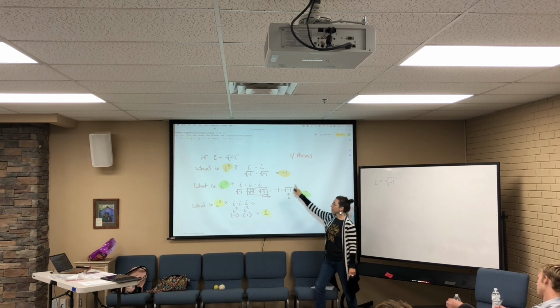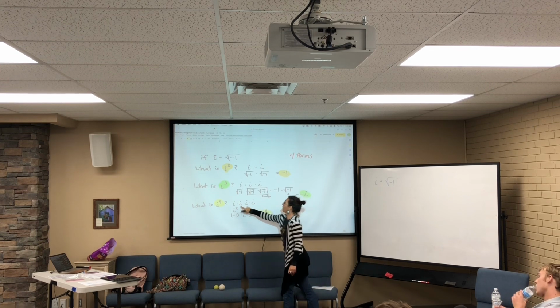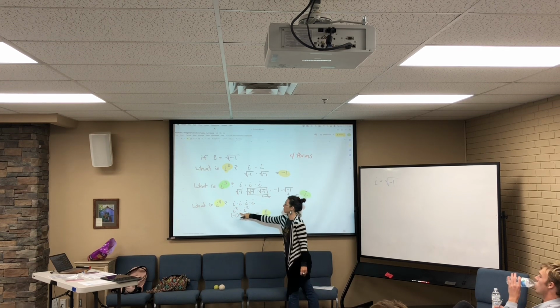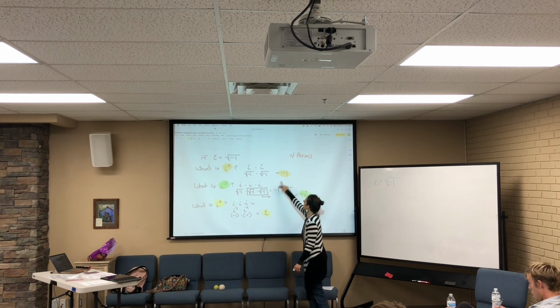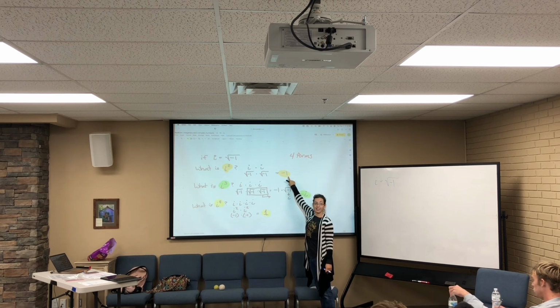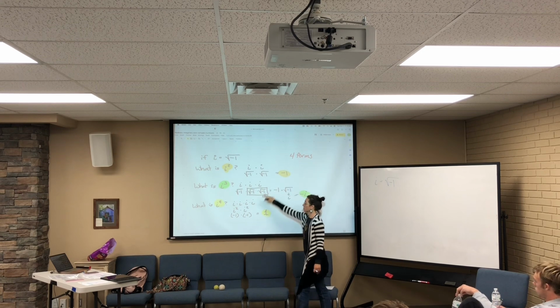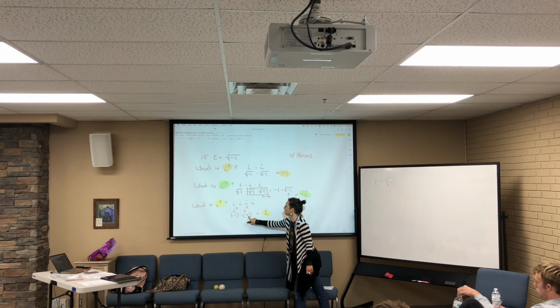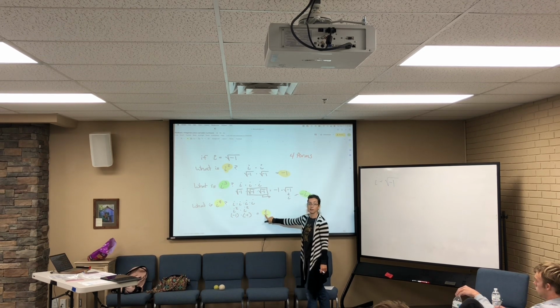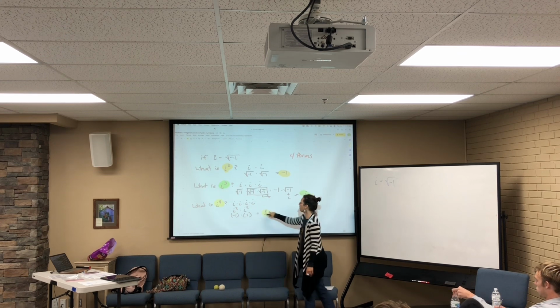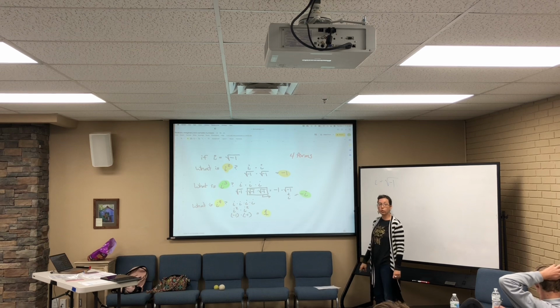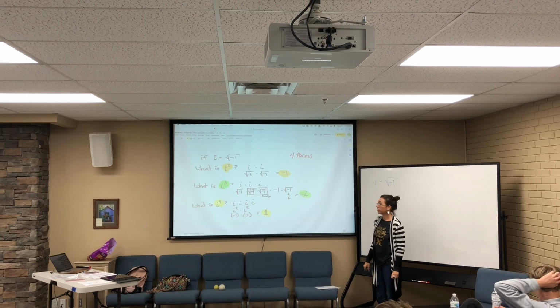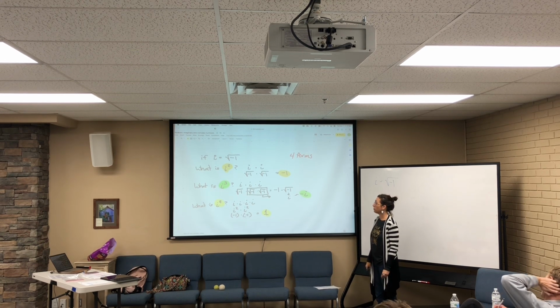Okay, so same thing, i to the 4th. I would have 4 i's lined up, which I'm going to group differently into i squared times i squared. Well, I know i squared is -1, so I'm going to replace that. So I've got -1 times -1, which is +1. So i to the 4th is always +1. So those are the 4 factors of i that you need to have memorized